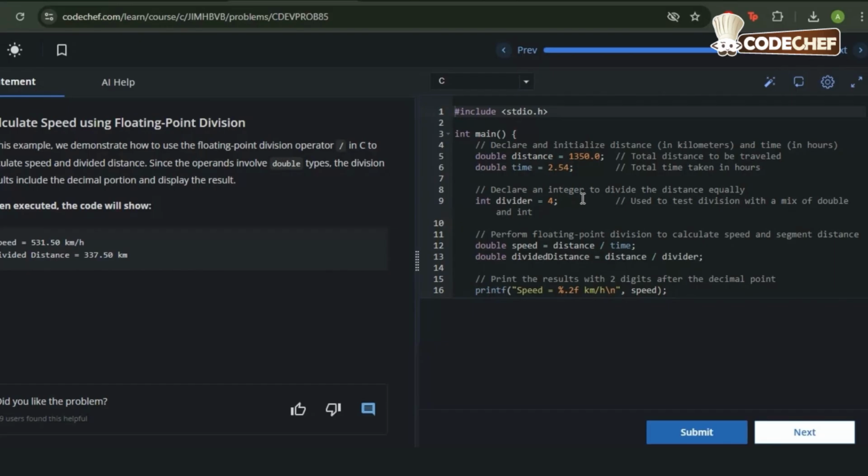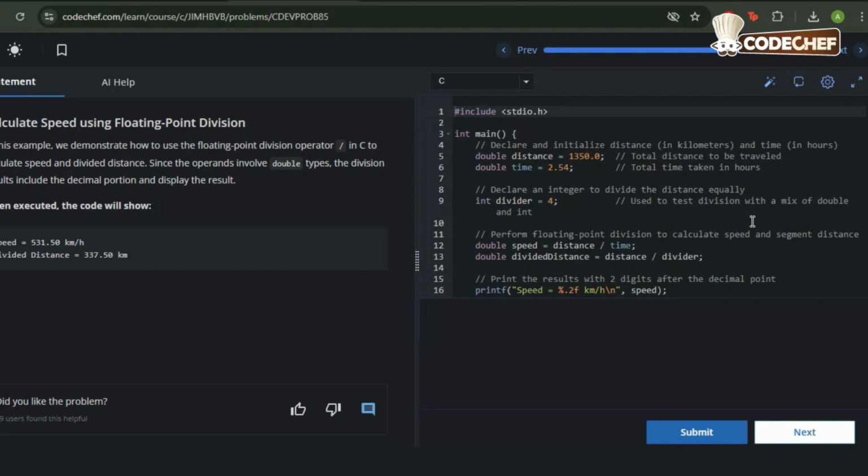So now, in line 12, double speed is equal to distance divided by time. This calculates the speed, distance divided by time, dividing two doubles. Distance is 1350.0, which is a double, and time is 2.54, which is again a double. Since both are doubles, this is floating point division.